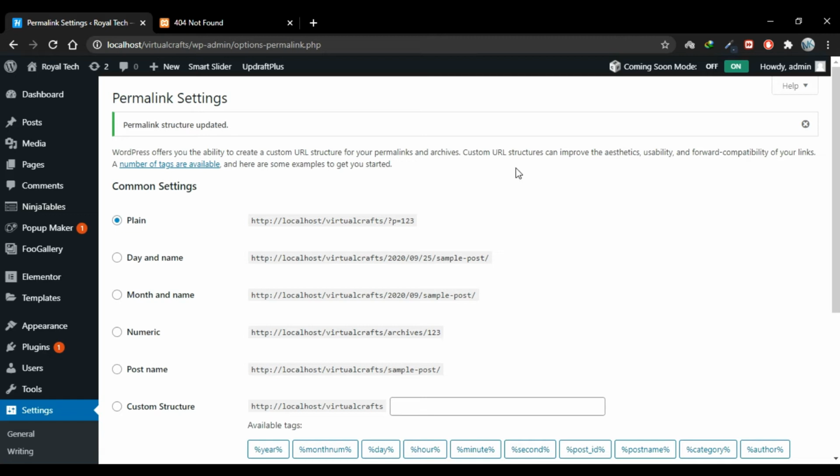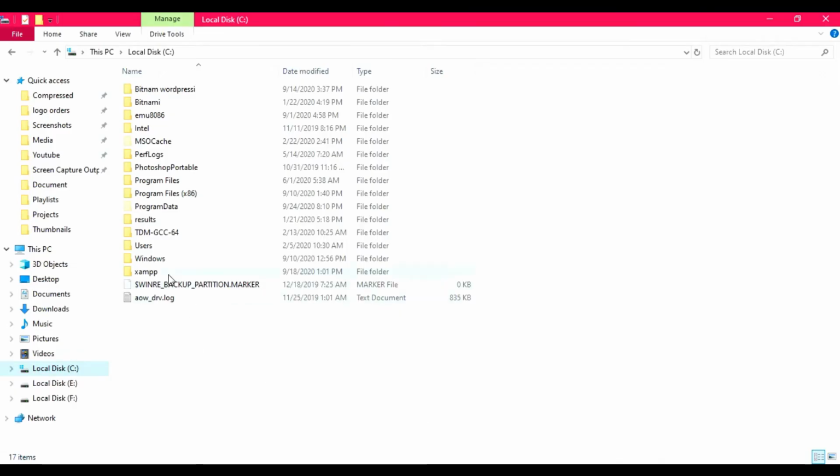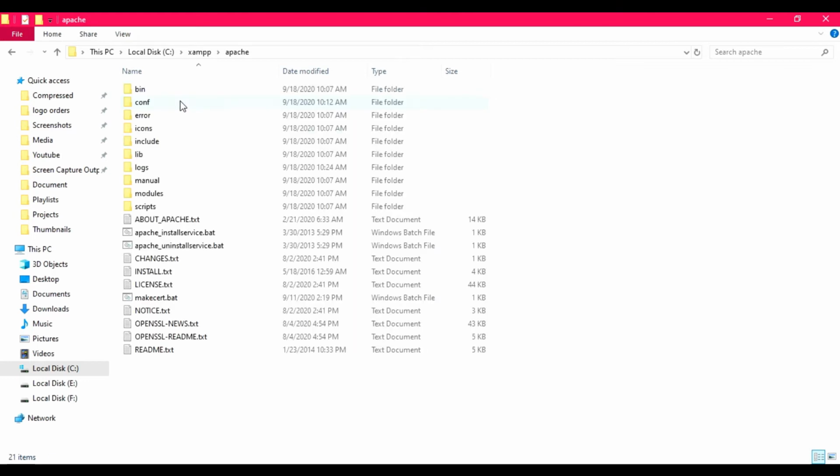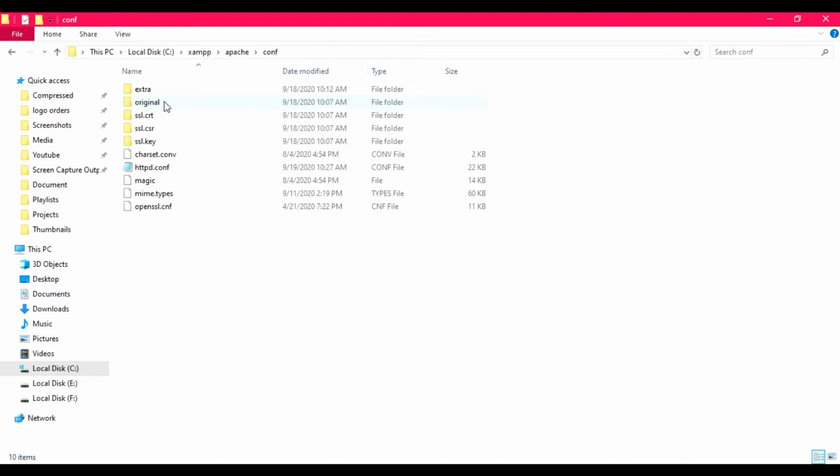Now XAMPP is installed in the Windows drive, so go to C drive, open the XAMPP folder and then open Apache folder. Go to this CONF folder in Apache and look for a file named httpd.conf.